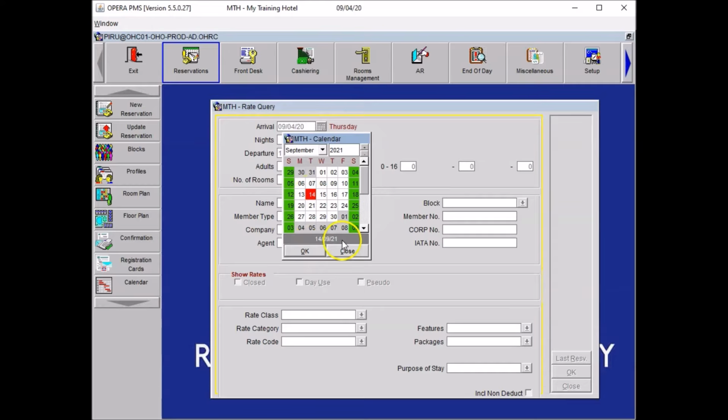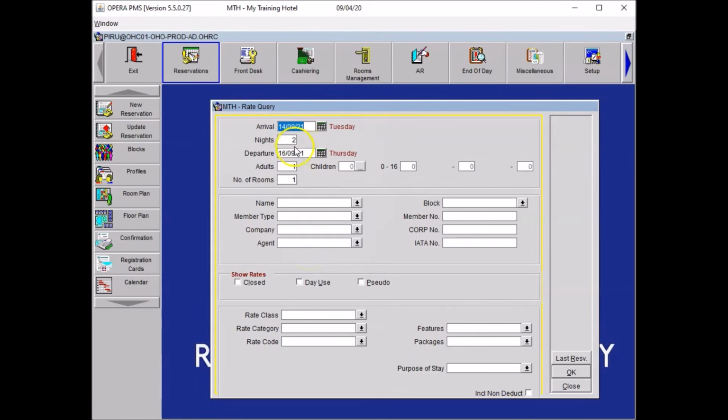If you click once, you see that the date has been selected. If you select another date, let's say you want to stay for 2 nights, you select the 16, it will make 2 nights, and you've got the date updated here. To validate your choice, you just have to press OK. As you can see, the system will have updated your date of arrival and the number of nights. If you made a mistake and you wanted to increase the number of nights, fairly simple, you just have to select the field number of nights, type in the number 3 and click on the next field, and the system will update it for you.